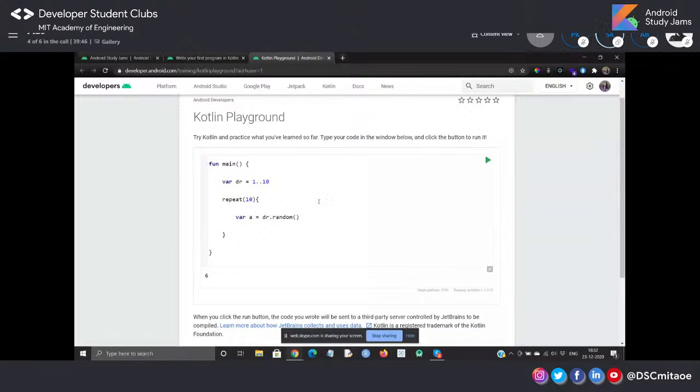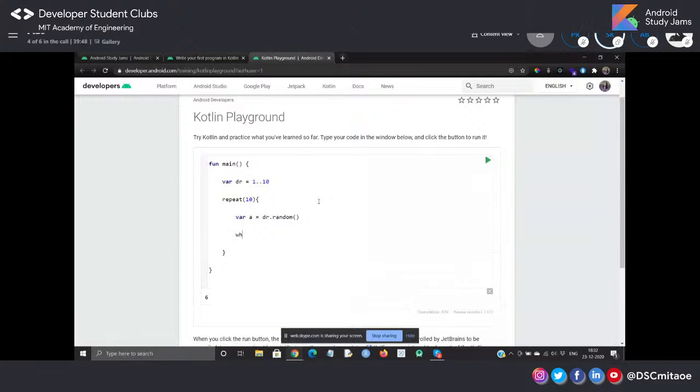Okay. Now starts our while loop. What is the syntax? While the name of variable, that is a. Why a? Because I will do the coding depending on the value of a, that is depending on the random value which would be taken from 1 to 10. So while a, in parenthesis, what we will write, if value of a is 1, because we have taken from 1 to 10. If value of a is 1, print